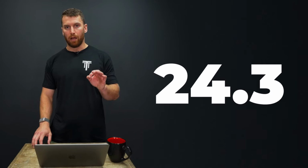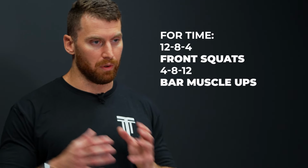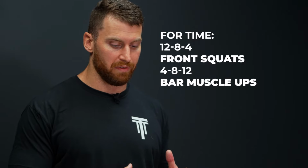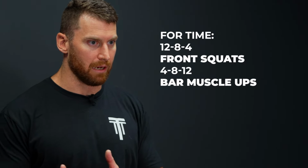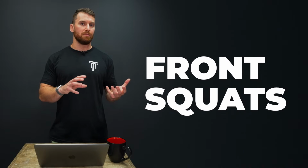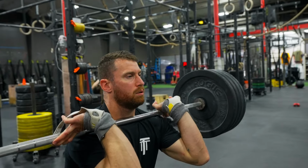Legends Qualifier workout 24.3 is a heavy front squat combined with bar muscle ups. And for some of the older divisions, it progresses from chest to bar to bar muscle ups by the last round. In my mind, this workout comes down almost entirely to how strong you are relative to the barbell weight